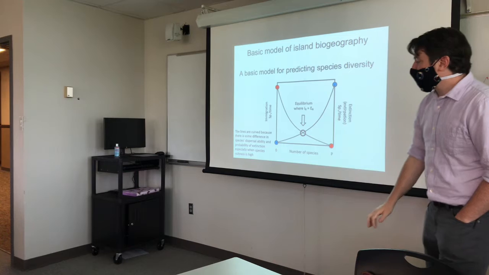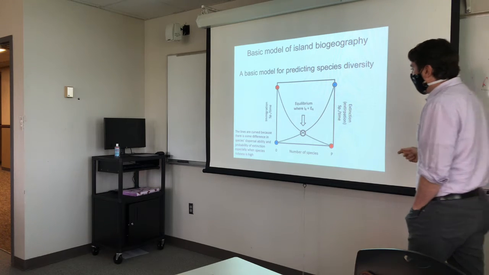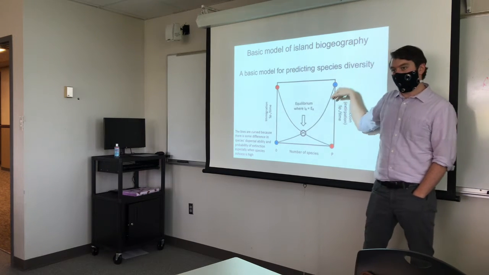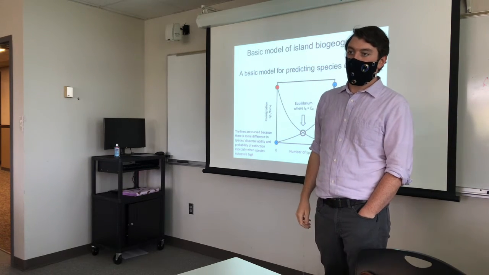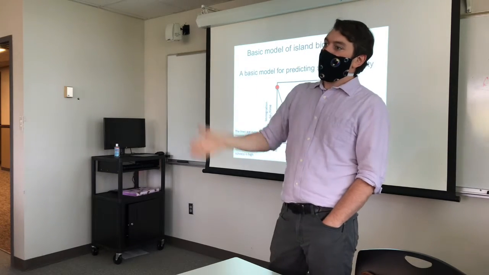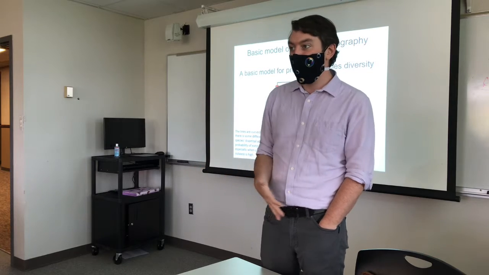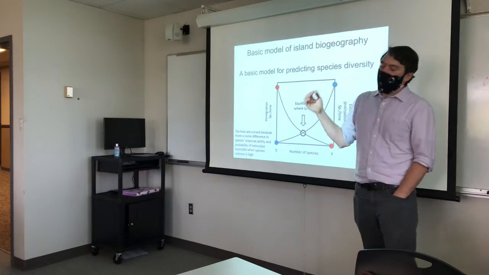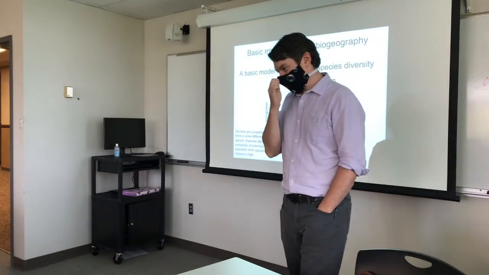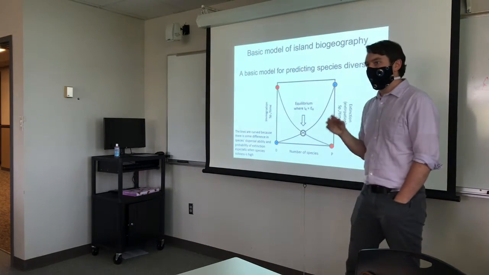If you have already read that section, or if you go back after class today and look at it, you'll see the lines are always drawn curved. That's because species do vary in their dispersal ability. So individuals that arrive early and often tend to belong to species that have high dispersal ability. Think birds. Whereas individuals from species that have low dispersal ability, maybe worms, right? A very small portion of incoming individuals will belong to those species.